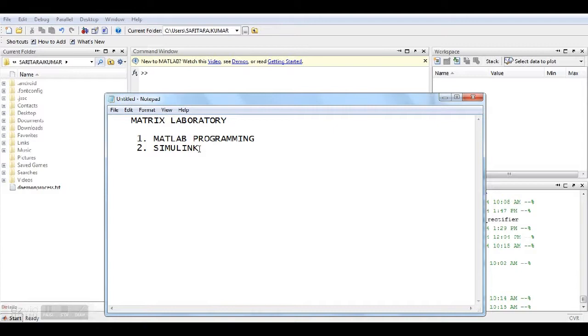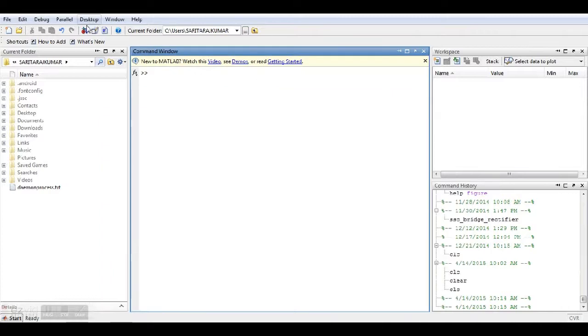When you move to Simulink, it is another approach of analyzing applications. In Simulink you design the systems by using different types of blocks. That means there are inbuilt blocks and different types of toolboxes. From those toolboxes you can drag any of the systems or inbuilt functions, place them, connect them, and see what outputs you are getting. It's like a graphical representation of programming. So we have two types: MATLAB programming and Simulink.